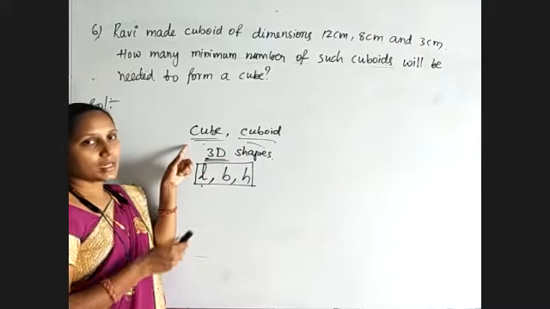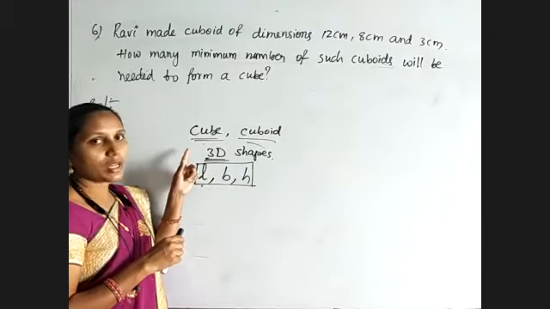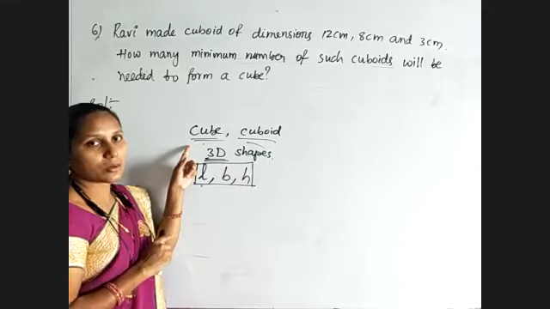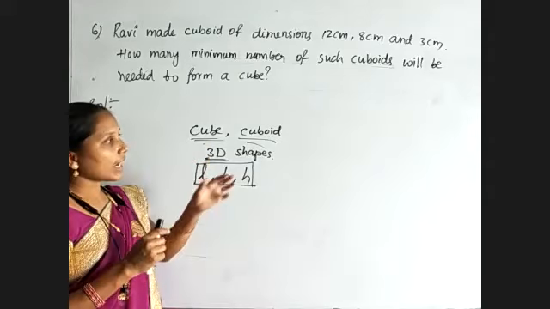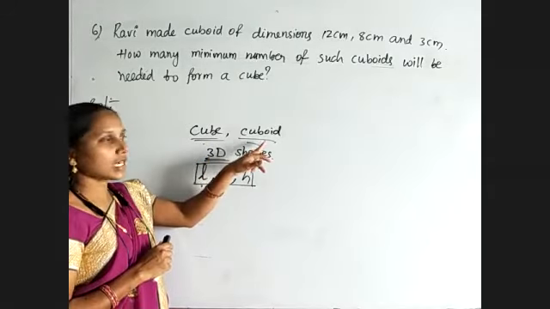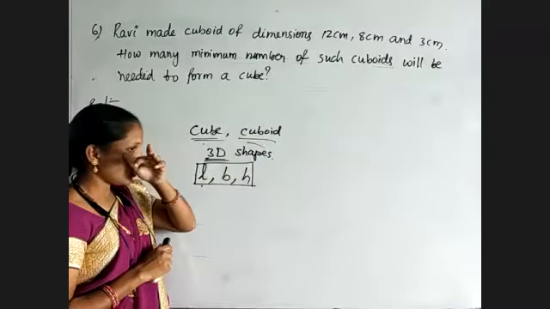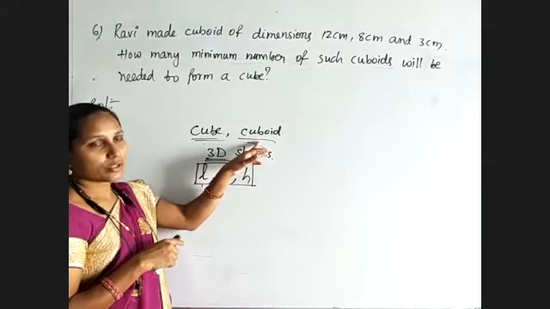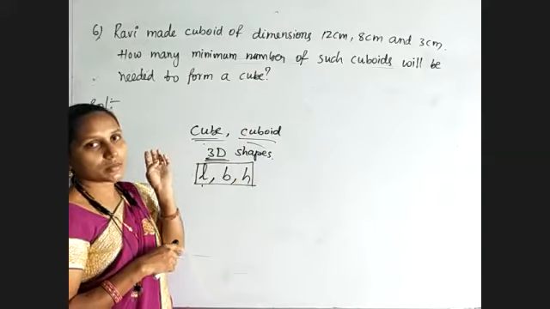Whereas for a cube, all the dimensions, length, breadth and height, are equal. The best examples for a cube are an ice cube as well as a dice. For those, you will get all dimensions equal. And coming to a cuboid, several examples are there: a duster, a book, a box, a shoe box, whatever.